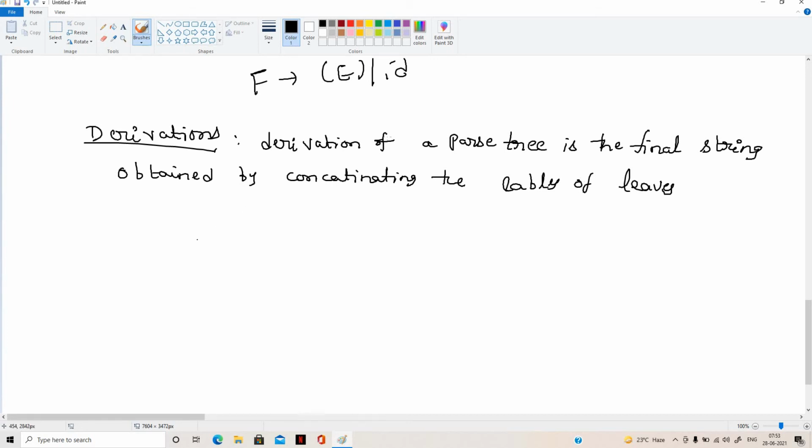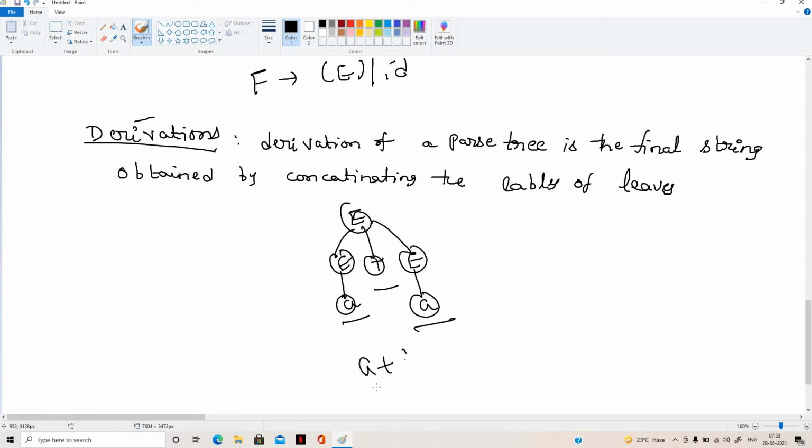So when we have a parse tree, the tree will be like this. For example, E tends to E plus E, so it may be a, plus a. When I'm deriving a string based on the parse tree, that can be done with the help of the leaves. Here this is a leaf, this is a leaf, and this is a leaf.